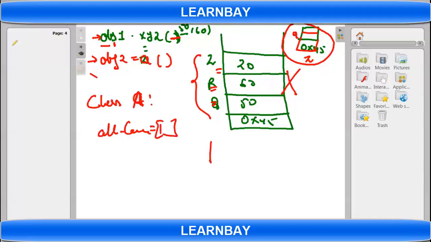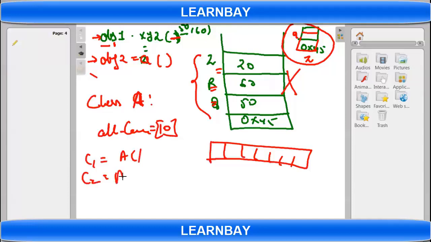Let's say I write 10 here for simplicity, so you will get a list of 10. Now if you create C1 equal to A and C2 equal to A, you will get C1, C2 here, right?